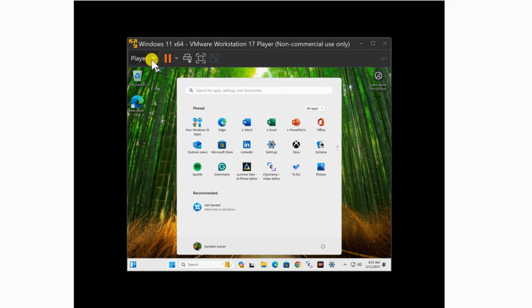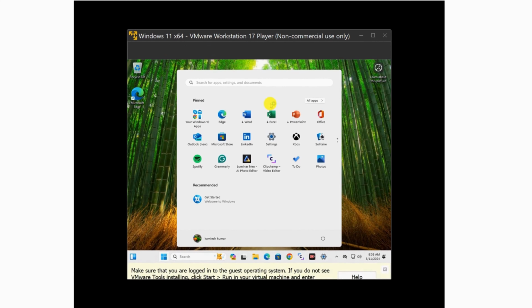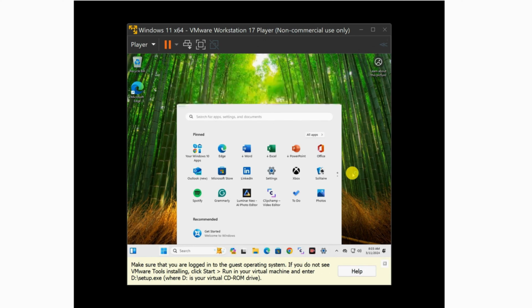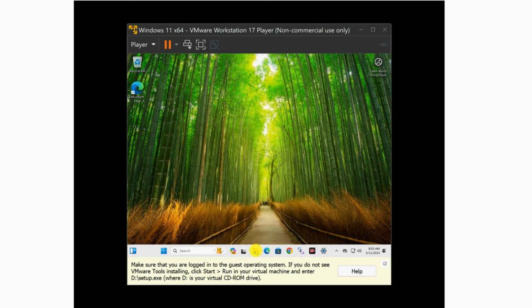You need to click on the Player menu, then select Manage, and then click Install VMware Tools. Now open File Explorer.